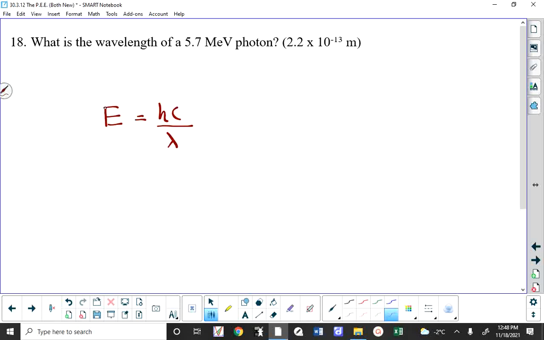It says mega equals 10 to the 6. I believe it's on the side of the formula sheet that has constants on the left, math, trigonometry, that kind of stuff on the right, and then down the middle of the road on that side of the formula sheet are all of your metric prefixes. So I'm going to put in here 5.7 multiplied by 10 to the 6 eV equals, now